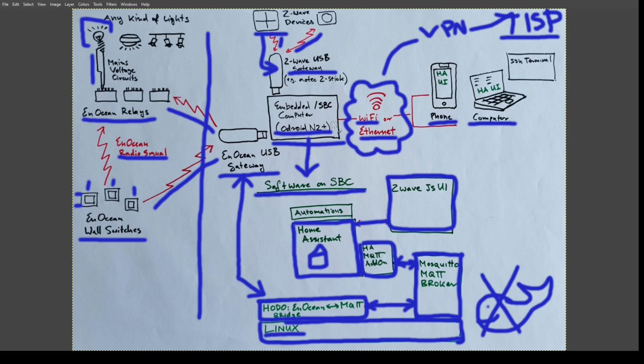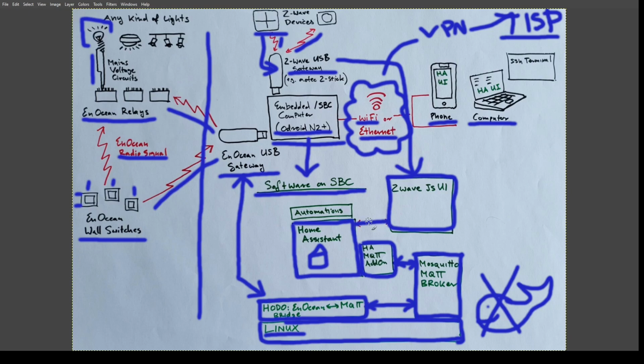The Z-Stick communicates directly with Z-Wave JS, so my driver doesn't do anything with the Z-Stick. And then, of course, it also listens to MQTT messages like turn this particular switch on or off, and then it sends out that message. This basically lets me combine all of the capabilities that you have in Home Assistant with the